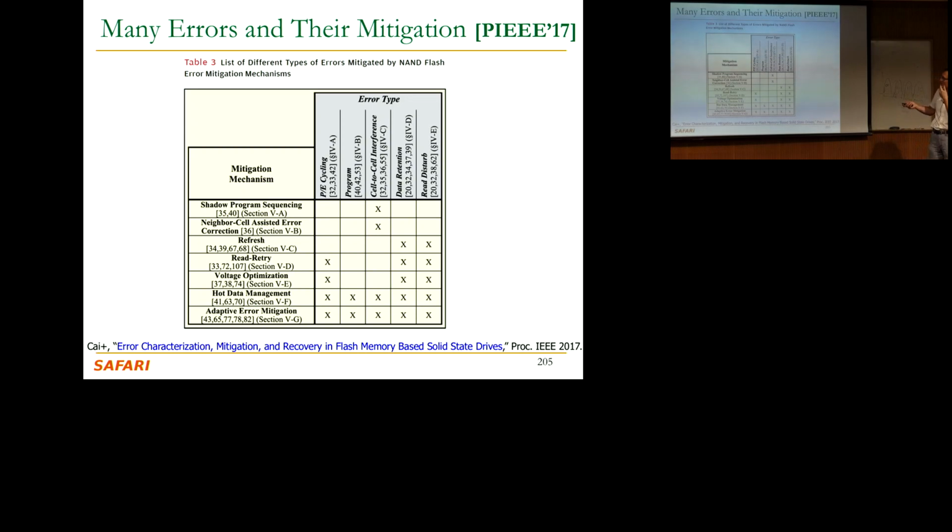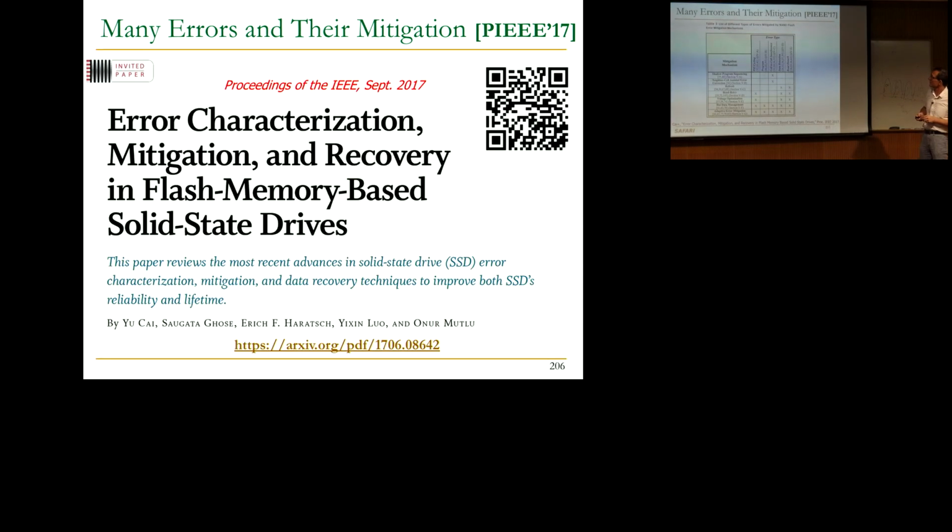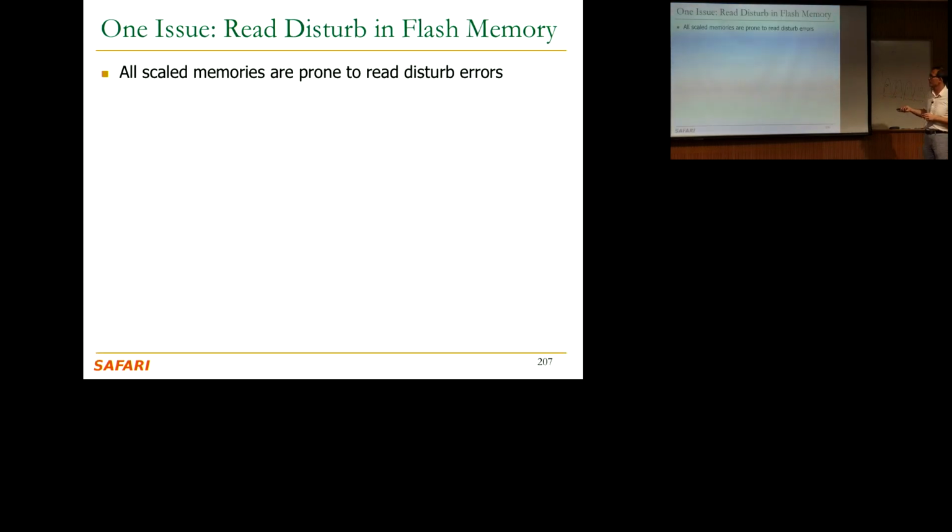This is really interesting, actually. This is from the recent paper, the 40-page paper that I mentioned earlier. For example, these are different error types: program error cycling, program interference, cell-to-cell interference, data retention, and read disturb. There are a bunch of different mechanisms proposed in literature. Not all of them cover all of the errors, and ECC is not even talked about here. But ECC is a very inefficient method for covering refresh, retention errors, for example. Retention errors can be covered much better with refresh. So if you're interested, you can go into this.